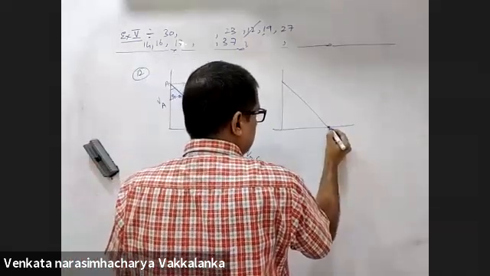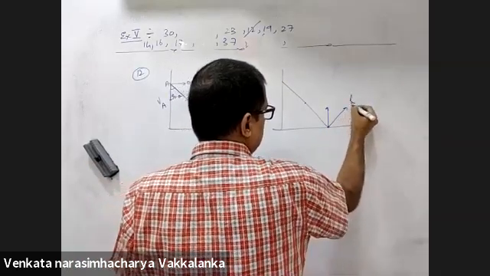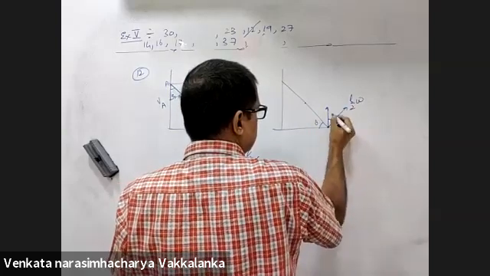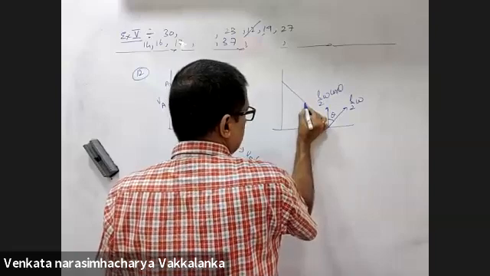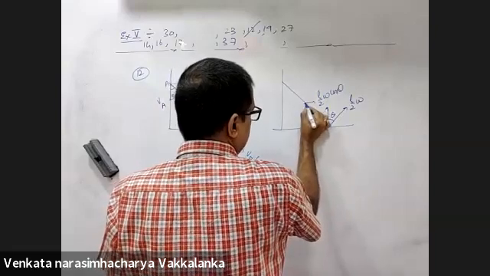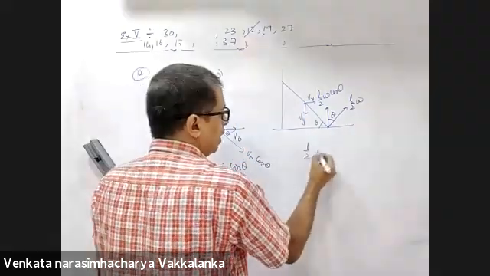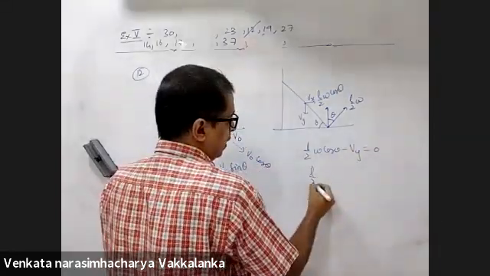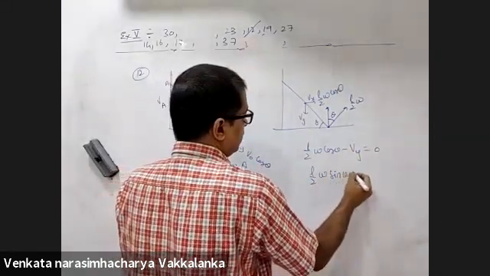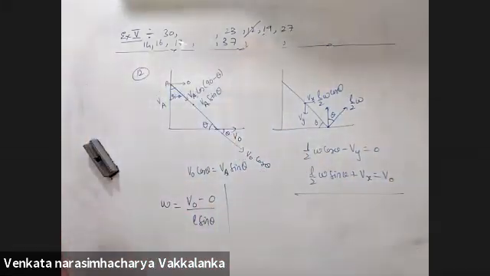Observe this. The velocity of this point with respect to the center of mass is L by 2 omega, at angle theta. So L by 2 omega cos theta, plus the velocity of the center of mass, Vx and Vy. L by 2 omega cos theta minus Vy is 0. L by 2 omega sin theta plus Vx is equal to V naught. Knowing Vx and Vy, you will get the velocity of the center of mass.